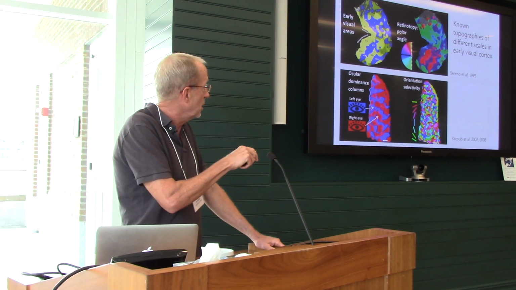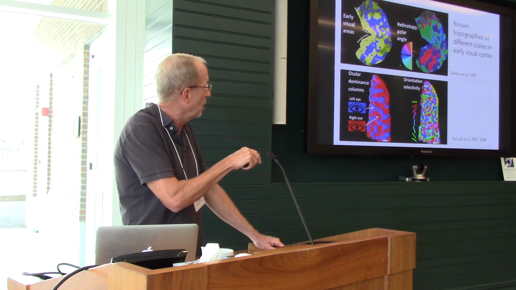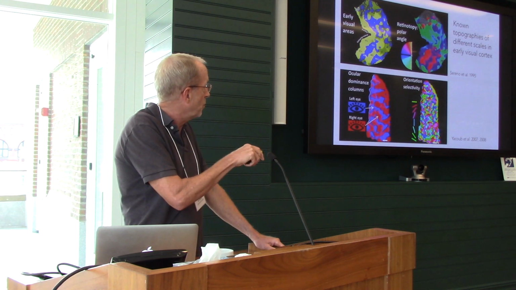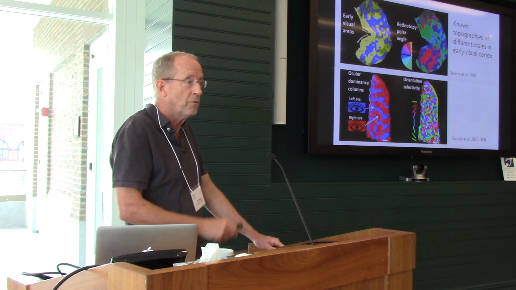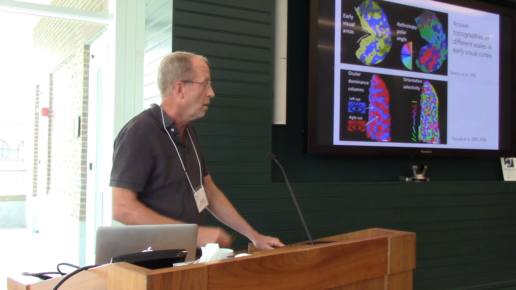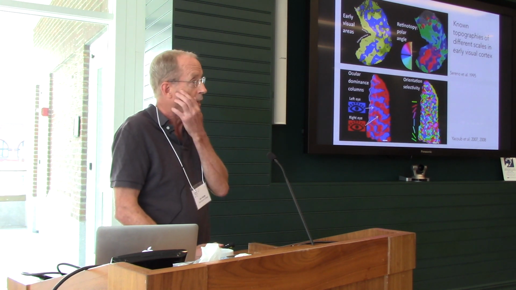So this just shows the organization of early visual cortex, and V1 is the first yellow area here. This is from the work by Marty Sereno. And then V2, and this is defined by retinotopy. So the fundus of the calcarine sulcus has a representation of the horizontal meridian, and the border between V1 and V2 is where the representation is of the vertical meridian in the retinotopic field. So there is a structure within V1 with a single cycle of polar angle and a single cycle of eccentricity.